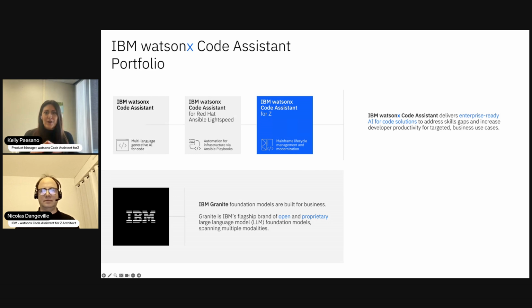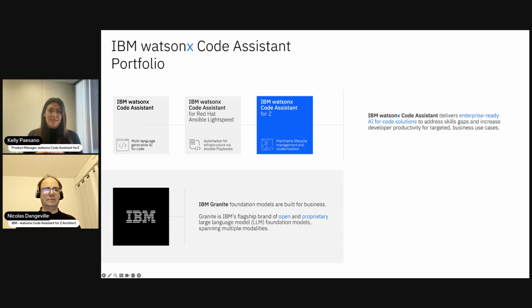And what makes this portfolio so unique and special is that it's purpose-built, enterprise-ready code assistants that are for targeted use cases. They are built based on principles of trust, security, and compliance that we know our clients need, and they are powered by the IBM Granite Foundation models that include state-of-the-art LLMs that are designed specifically for code. So, purpose-built. Let's dig into it.